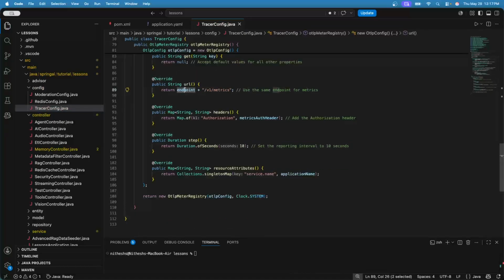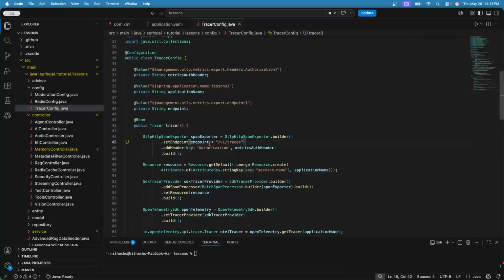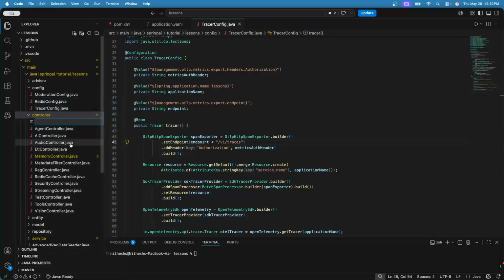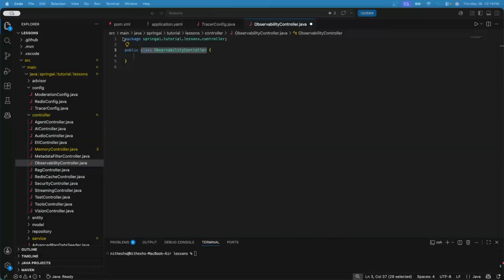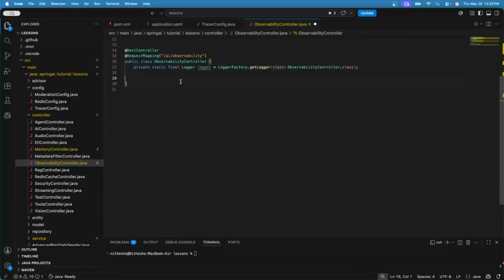If you look here, we are appending the base OTLP URL with /v1/metrics. In the earlier one, we appended /v1/traces. This config is complete, so let's create a controller class. Let's name it ObservabilityController.java. I will annotate this with RestController, and a base request mapping /ai/observability. I'll define a logger, then a private field for chat client and for meter registry,